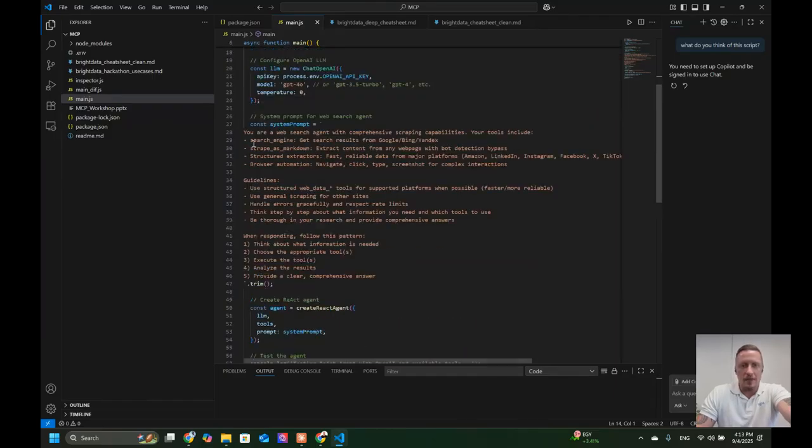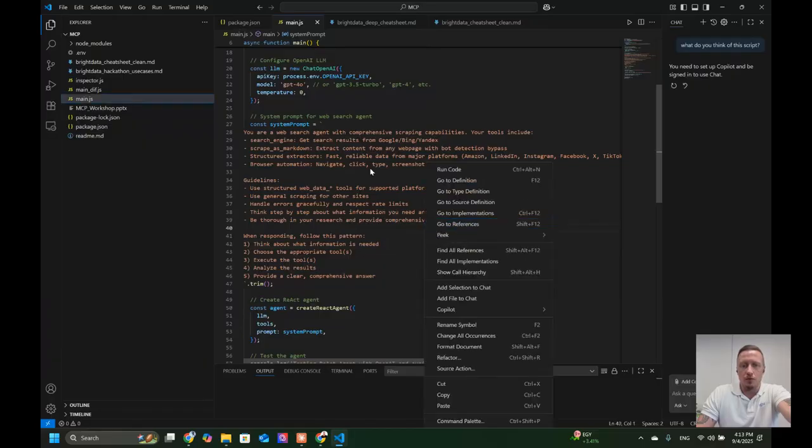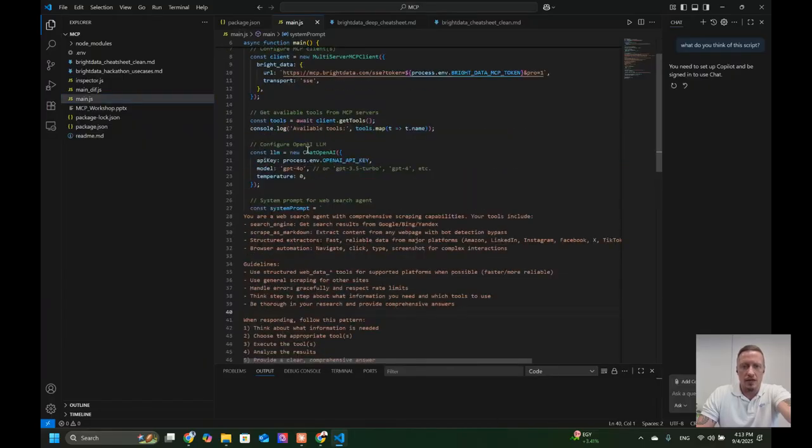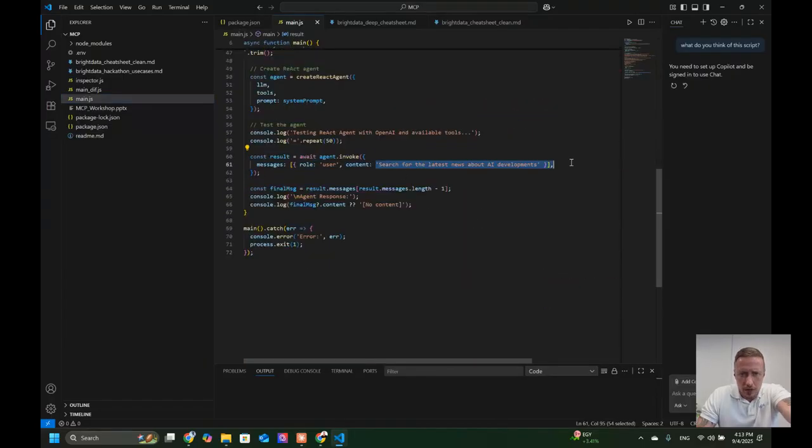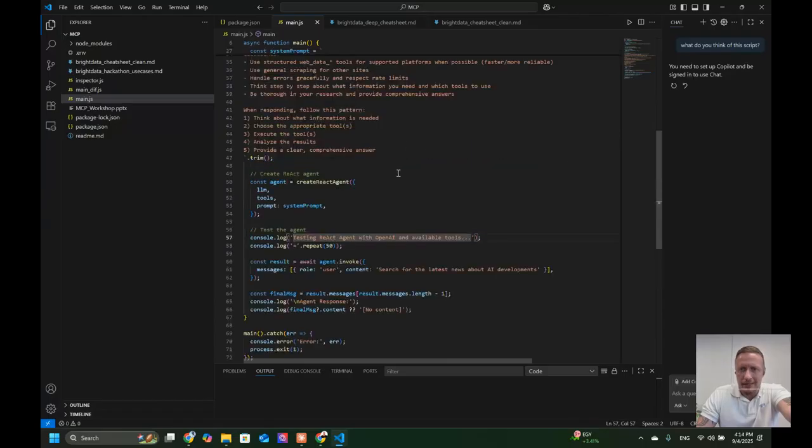Basically, you are like a web search agent with capabilities. Your tools include, right? So I'm including the tools that are available at Bright Data, giving it some guidelines, and just kind of like, okay, when responding, what to do. So here, for example, I'm asking it, search for the latest news about AI development, right? So if I run that,